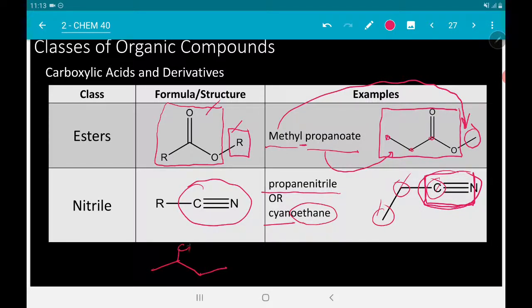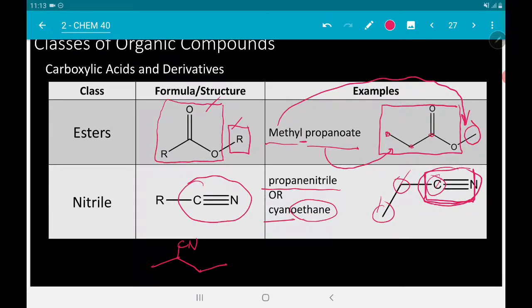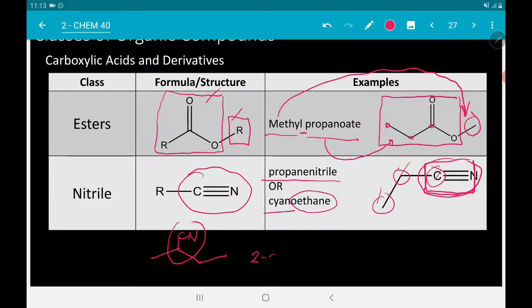Ganyan. Okay? So, hindi mo siya pwedeng tawaging butane nitrile. Okay? Kasi yung nitrile dito ay nasa position 2. Kumbaga, yung nitrile dito ay substituent. So, mas okay, or mas convenient, na tawagin na lang natin siyang 2-cyanobutane. Okay? Hindi natin siya pwedeng tawagin na pentane nitrile. Okay? Kasi,